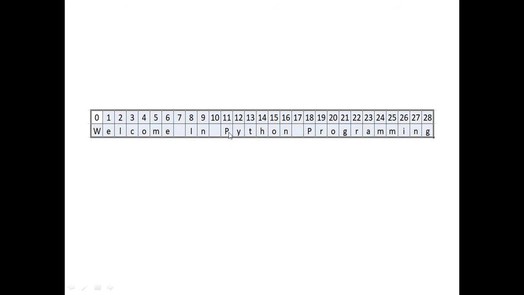And I want to return up to n. So I have to pass 11 colon 17, not 16. I have to start with p, which means I have to mention p's index, and I have to end with this n. But if you want to end with this n, then you don't need to pass the index of n. You have to pass the index of the next character after n. Next is space, so 17. So I have to pass here index 11 to 17.